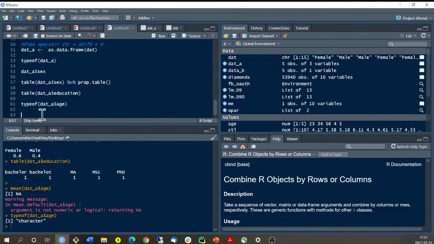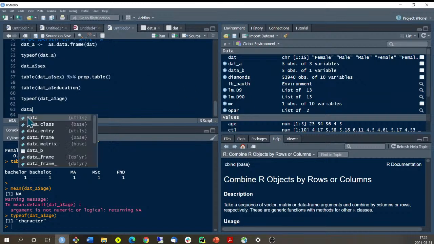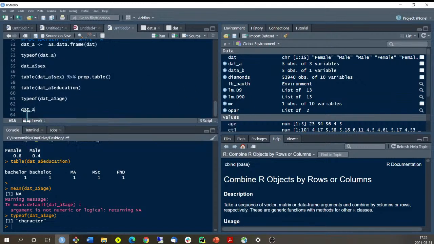What I can do is go back to my dat a, age, as numeric, then dat a, age. If I run this, it will convert that character variable, or string variable,